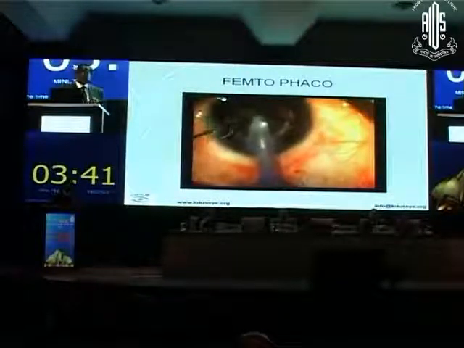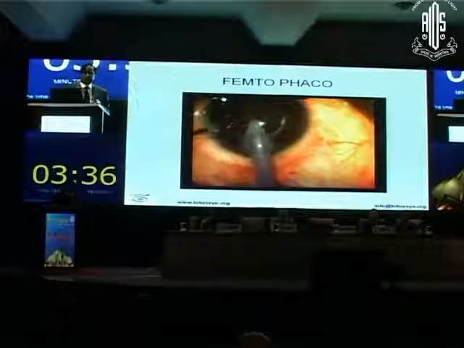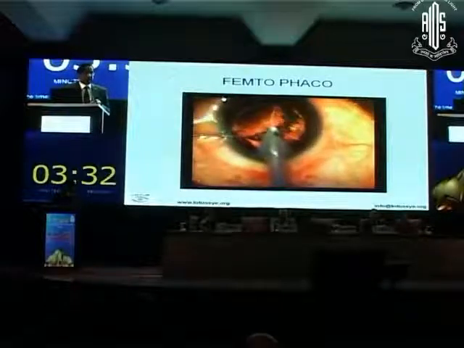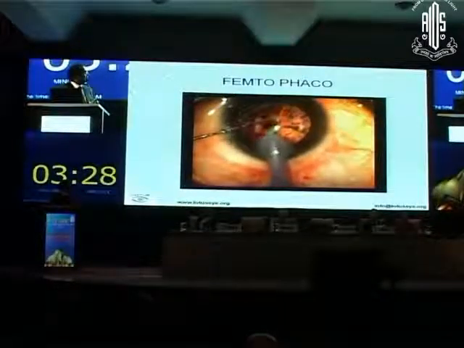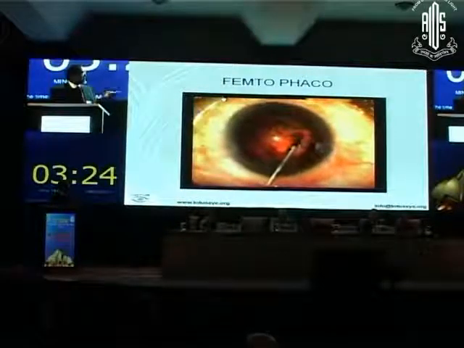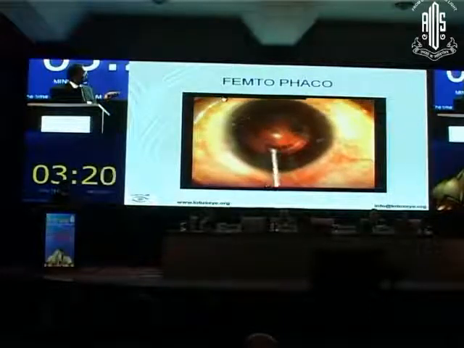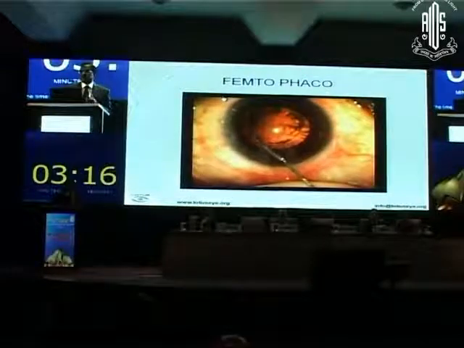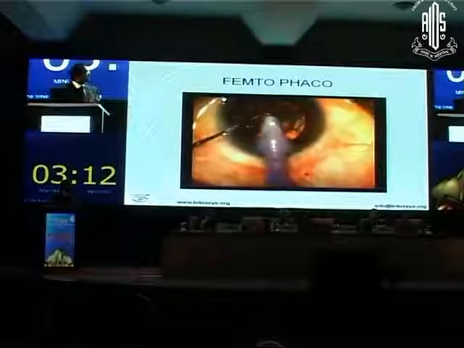The important thing to remember in this particular femto cataract is that the cortex removal is a tricky one. We normally do a second hydrodissection. Once you remove your nuclear pieces, just do the second hydrodissection, loosen the cortex and then aspirate. Otherwise, it may be difficult. In spite of your second hydrodissection, the subincisional cortex may be difficult.